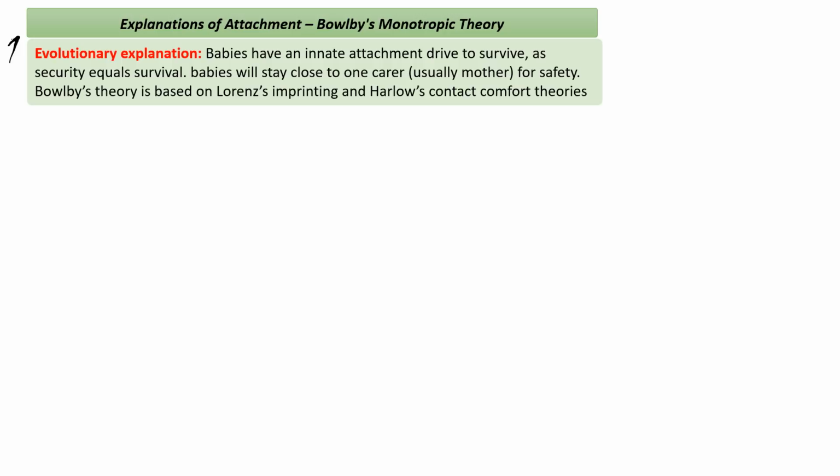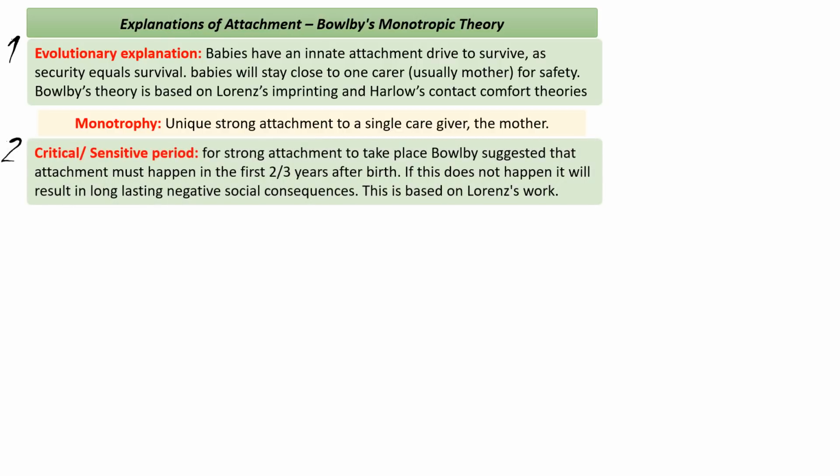So an unusual term that you might not have heard before is called monotropy. Infants have a very unique, very strong attachment to a single caregiver. And Bowlby is very much of the opinion that this single caregiver really does have to be mum. Something taken from Lorenz's work is the idea of a critical or a sensitive period. In order for this strong attachment to take place, Bowlby is saying the attachment has to happen in the first 2 to 3 years after birth. If this attachment doesn't happen within this period, Bowlby argues that there are long-term negative consequences of not forming the attachment